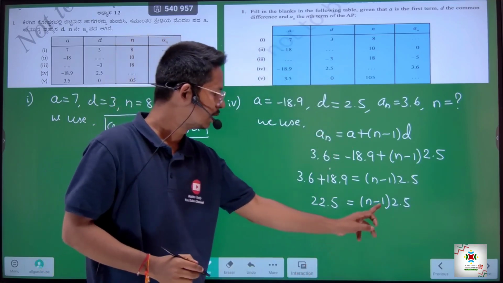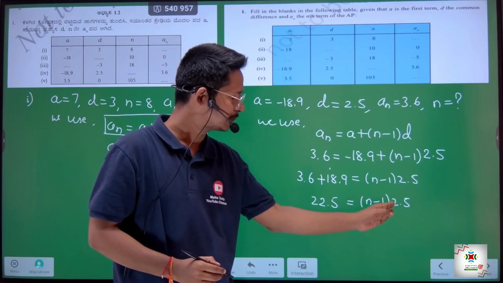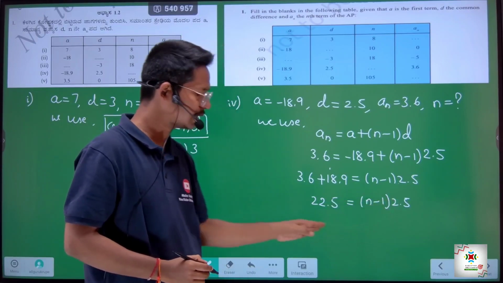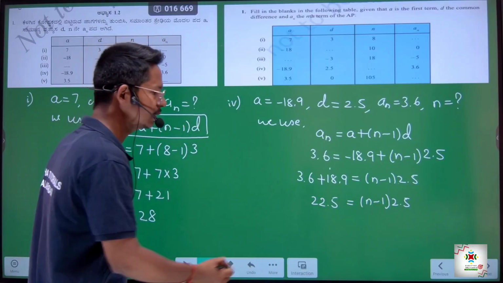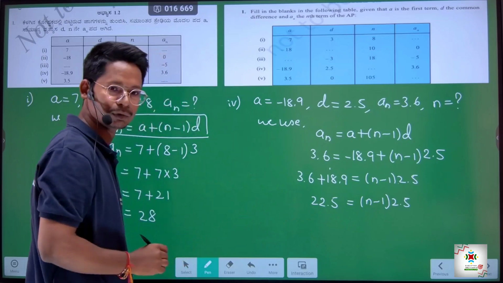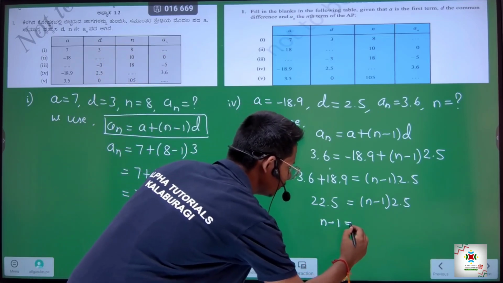You know the bracket indicates multiplication. So after the bracket you have multiplication, then if I shift 2.5 to the other side of the equal sign, it gets divided, isn't it? So 2.5 divides 22.5. I'll write first n minus 1, which is equal to